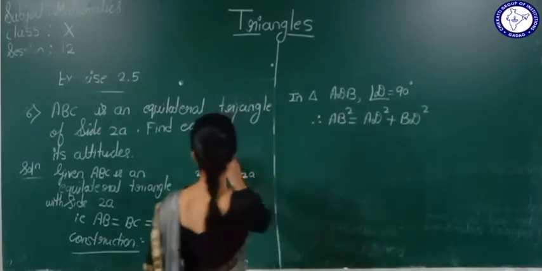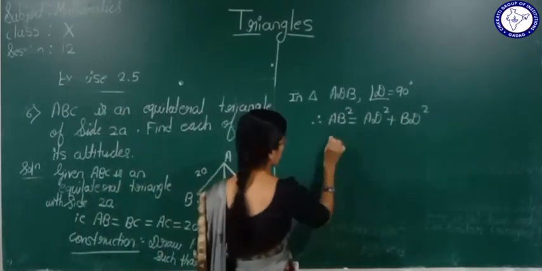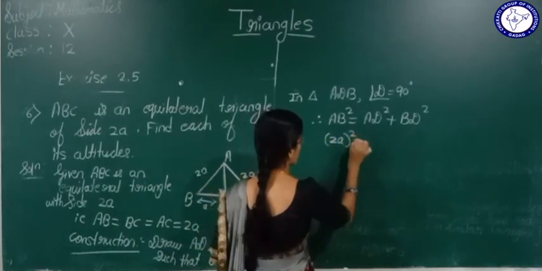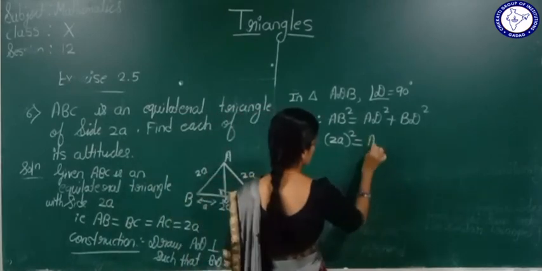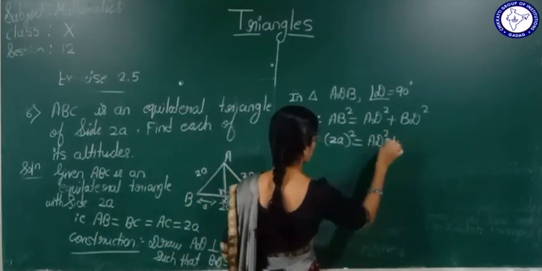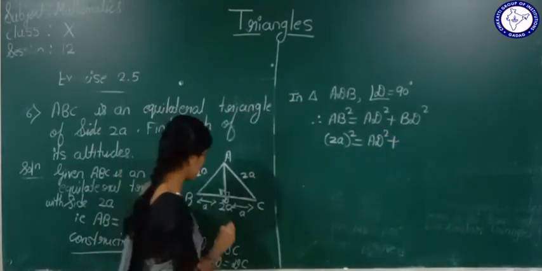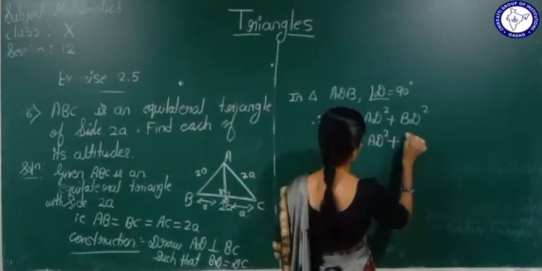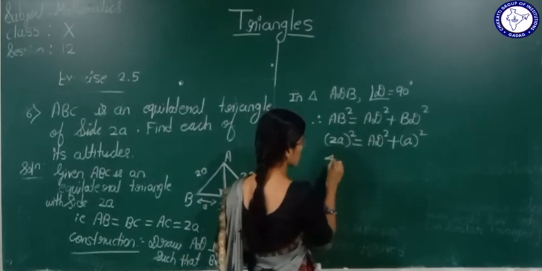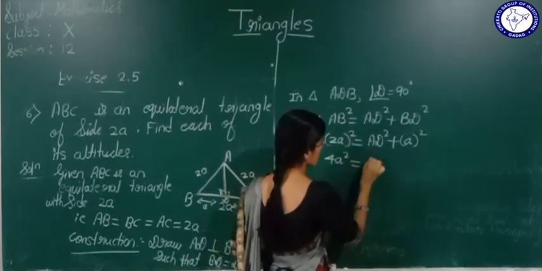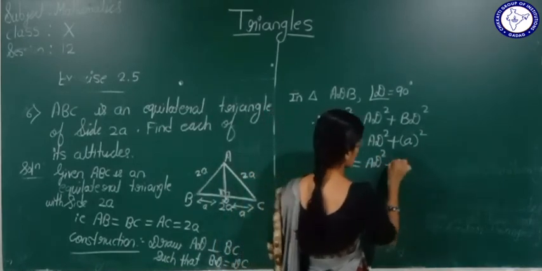Okay. What is AB? They have given 2A. 2A the whole square plus AD, which we don't know, we are finding this only, right? Plus what is BD? BD is A. So 2A the whole square means it will become 4A square is equal to AD square plus A